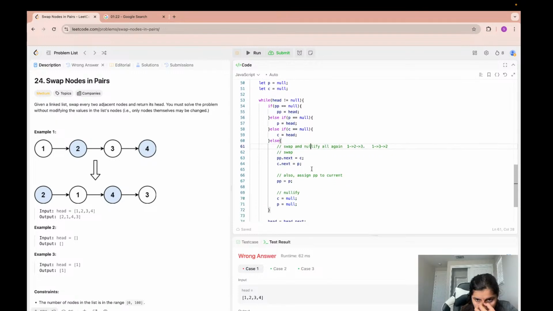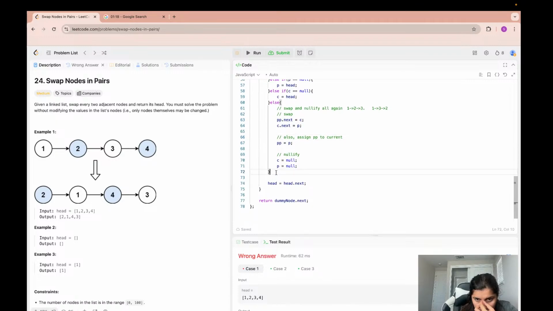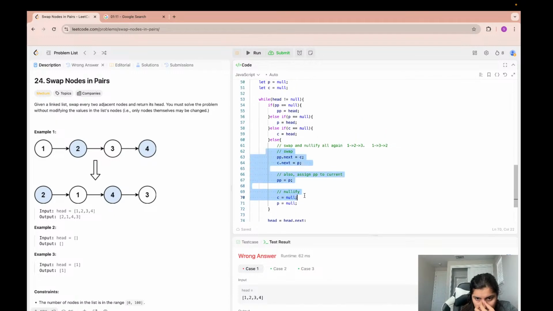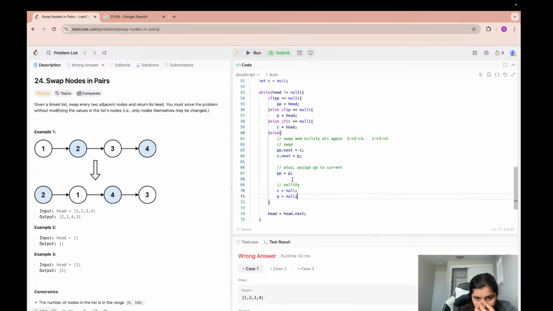Otherwise, in the swapping, 8 is equal to 8 dot next. Everything looks good, and dummy node dot next also looks good. I think this is not this. Maybe this is a problem,